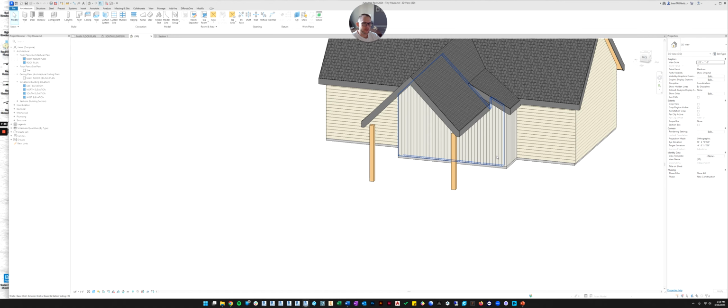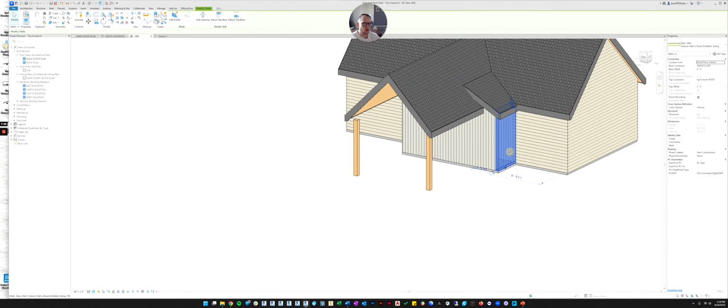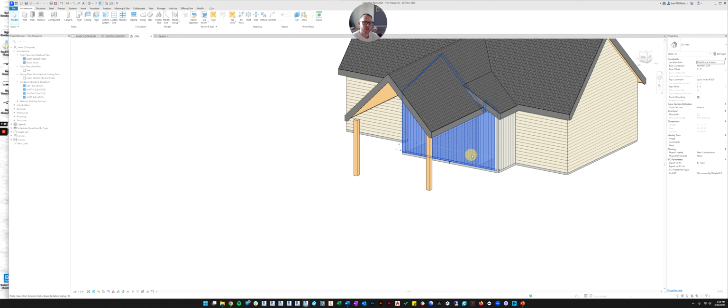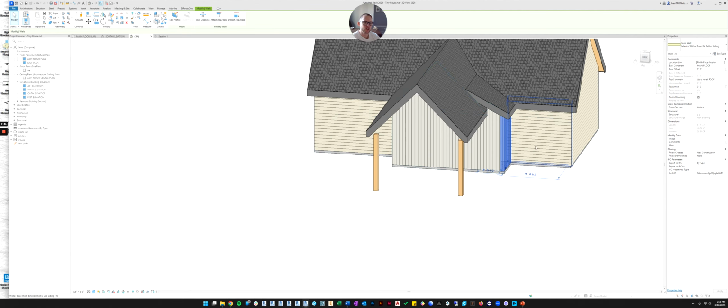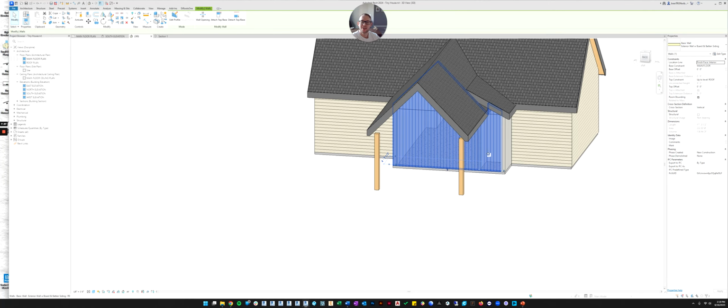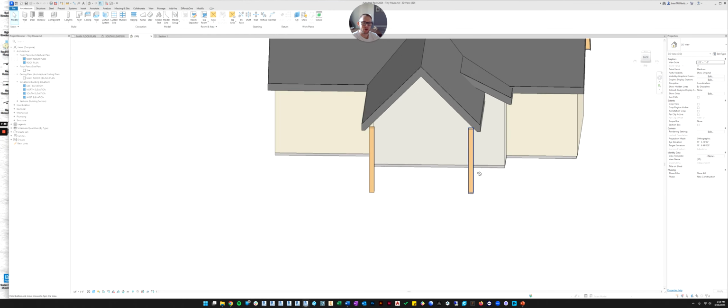So it was the same with the walls. Do you see how these two walls are the same family and they're the same type in that family? But you can see the instance parameters are over here. They're what you've been using this whole time to control the bottom offset, the bottom constraint, and the top constraint. All that is specific to each instance of the wall, because you don't want to move the top of this wall and have all of the walls of that type move. That wouldn't make any sense. So those are instance parameters.